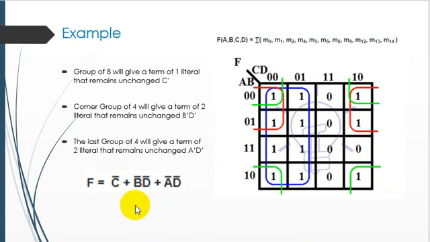The basic step for the output equation is the same as we discussed for the two variables. For the blue one, we consider which input variable is not going to be changed throughout the pair, and for this we will have to see. We see that A and B are going to be changed in each row, so we will not consider A and B, but we can see that C is not going to be changed throughout these two columns in which the blue pair is involved, so we just write down the C. The value of the C is 0, so definitely we apply a complement on the C. Same for the BD and AD.